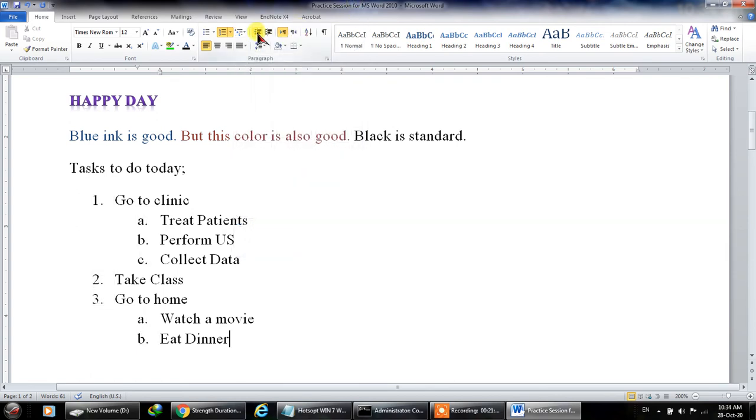This is called increase or decrease indent. Indent is the space that you increase before some letter. For example, C. I'll increase the indent and it will take the bar to the next level, or it will keep moving. The same function can be done by simply pressing the tab button.